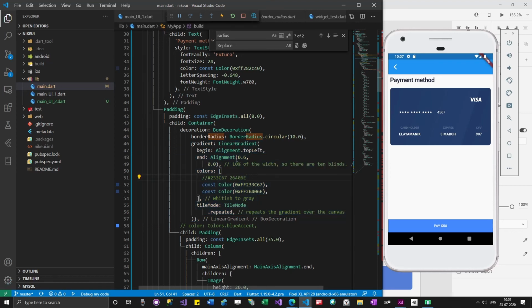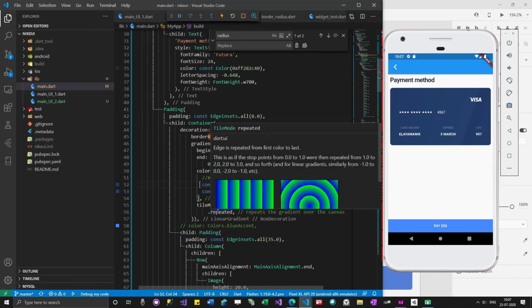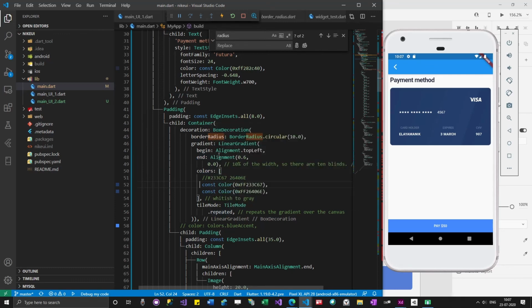You don't have to understand how these colors are given, or what is meant by begin and end. You don't have to memorize those things. Whatever works for you is fine. As you practice more, if you go more in depth about design, you will know these things more naturally. You don't have to remember anything.